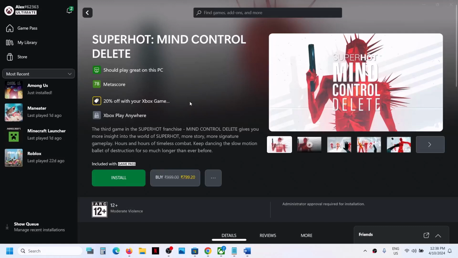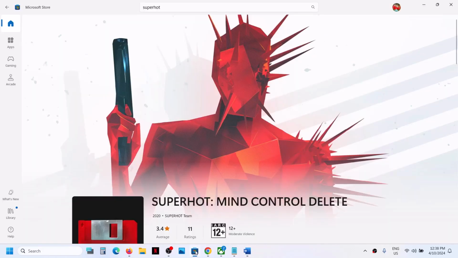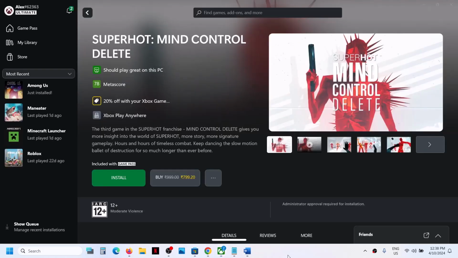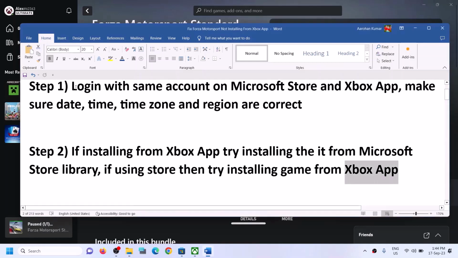Today in this video I'm going to show you how to fix when you're unable to install SUPERHOT Mind Control Delete game from Xbox app, or if you're unable to install it from Microsoft Store, then please follow the steps shown in this video. The first step is to log in with same account on Microsoft Store and with same